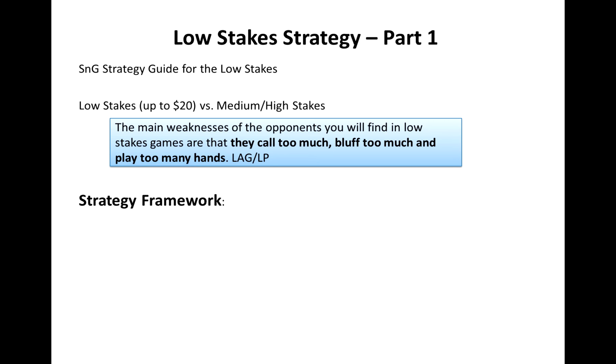The overall strategy framework which we'll discuss in this video first of all means that you have to play tight cautious. Now of course this is not new because in any sit and go you have to play tight cautious in the early stages of the game, but it applies to an even greater extent in low stakes games, which is why I've marked it tight cautious plus. Note that playing tight refers specifically here to the hands you're open raising with. You should actually play looser in calling with hands that have good implied odds, as we will see in a